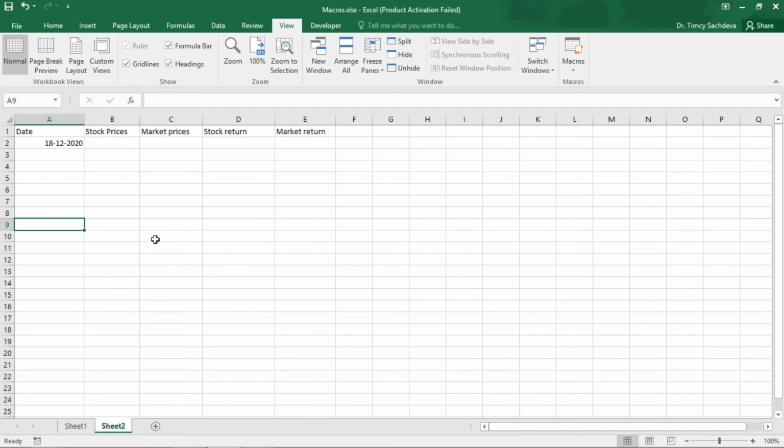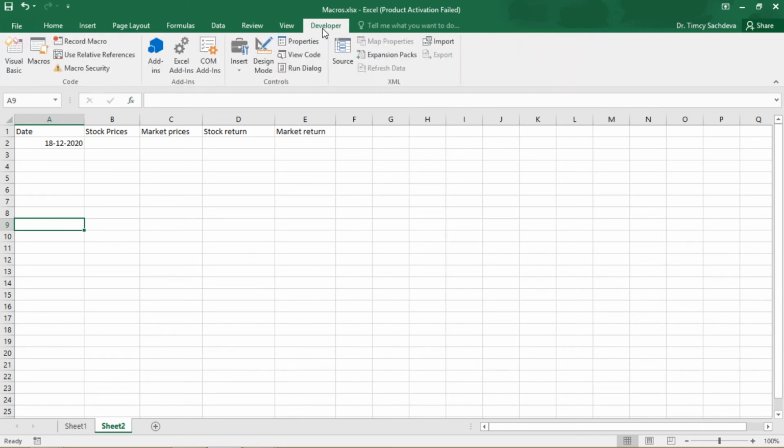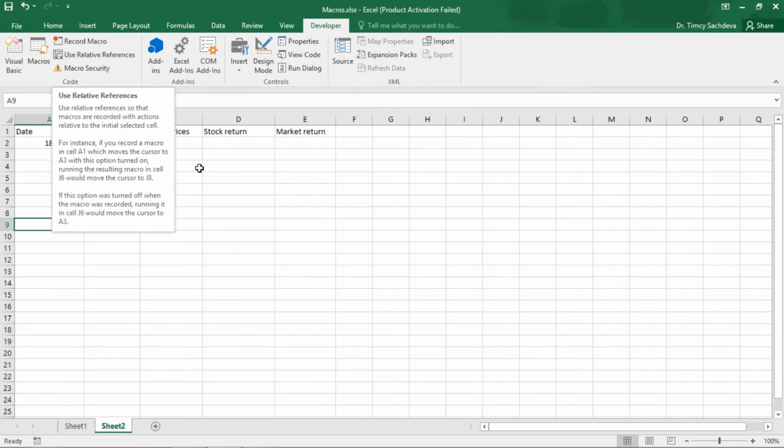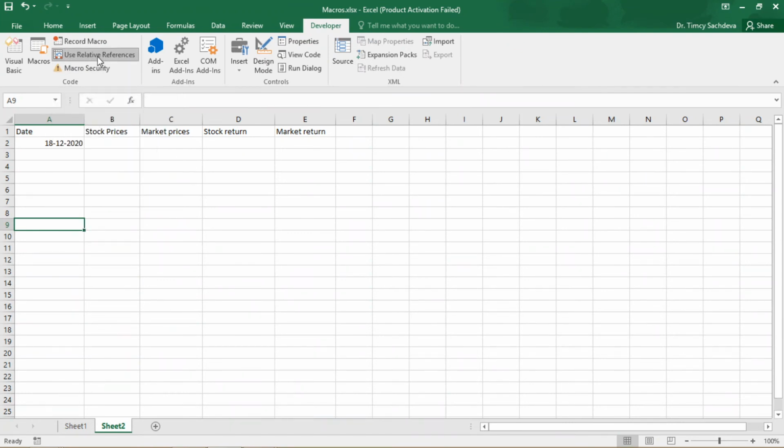So what to do now? For this, you may click on cell A9, and go again to the Developer tab. There is the Use Relative References function. Now if you click on this button, you can use the same function anywhere in the sheet.